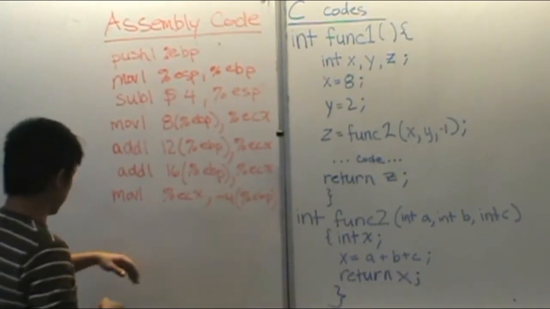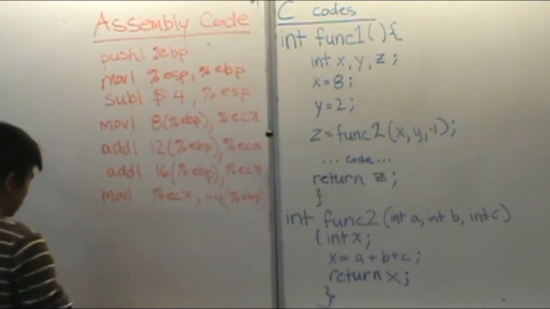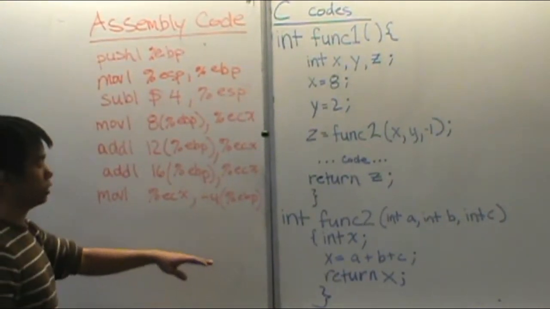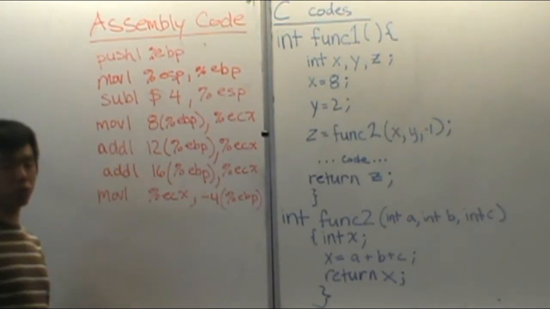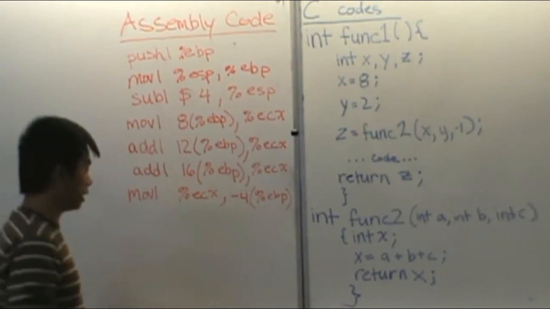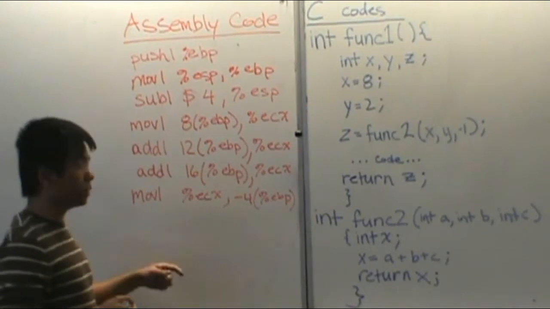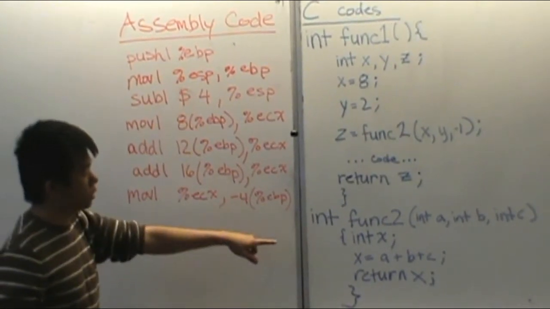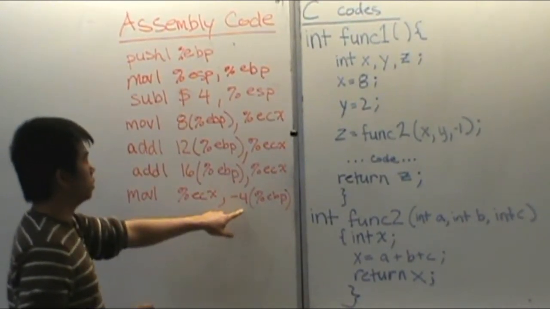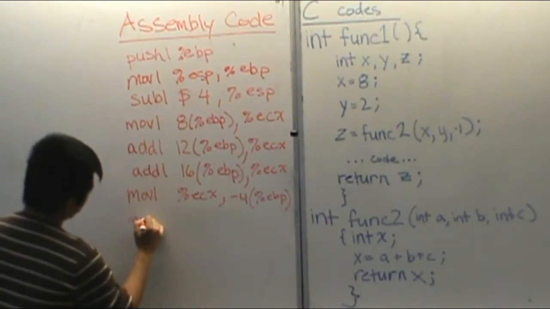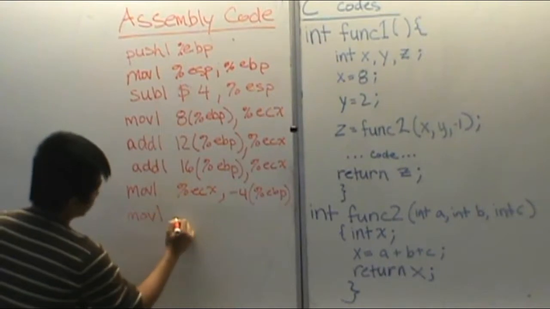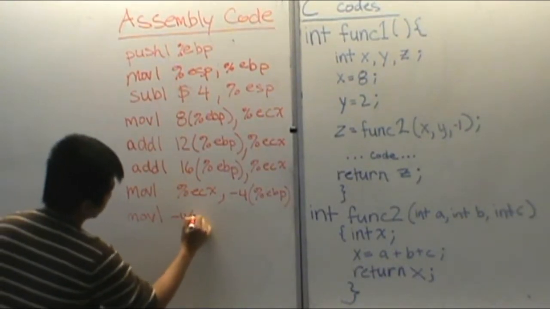After we do the arithmetic, the next part is returning the value in x. To do that, we have to return it in register A. So first thing, we have to move the local variable to register A. So move -4